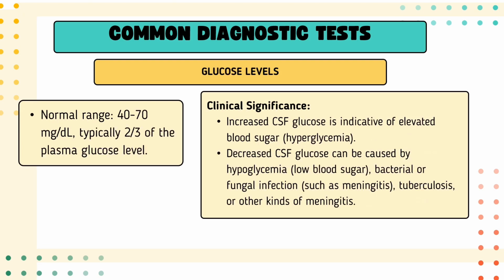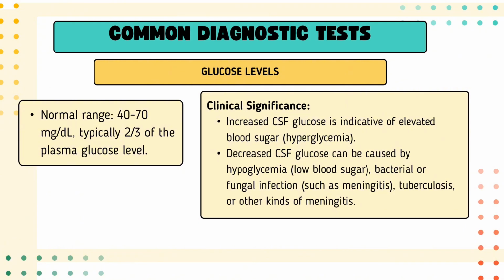Glucose levels measure the glucose concentration in the cerebrospinal fluid and compare it to blood glucose levels. For normal range, 40 to 70 mg per deciliter, typically two-thirds of the plasma glucose level. For clinical significance, increased CSF glucose is indicative of elevated blood sugar or hyperglycemia. Decreased CSF glucose can be caused by hypoglycemia, low blood sugar, bacterial or fungal infections such as meningitis, tuberculosis, or